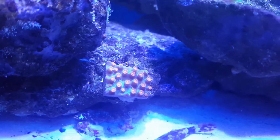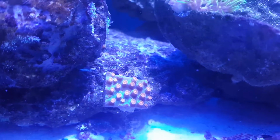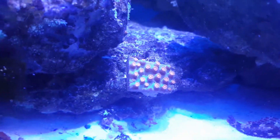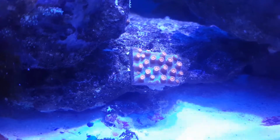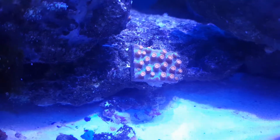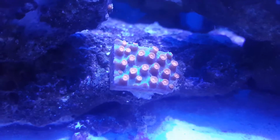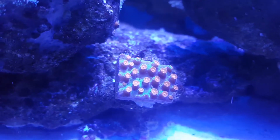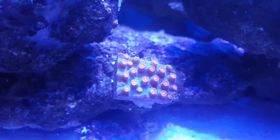It was a red color, and now it's starting to turn green, because that's what the original color was. I wish my camera was a little bit better, but there we go. And just take a look at that for a second,